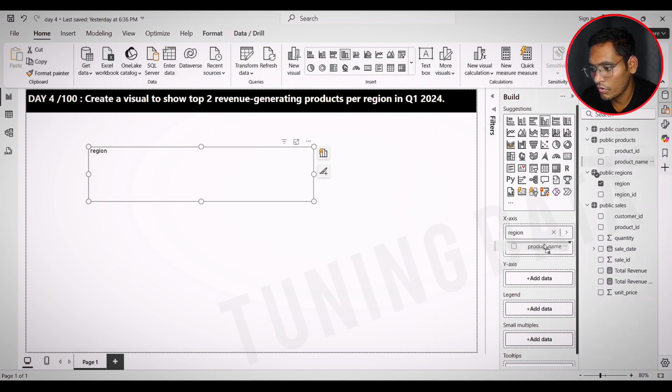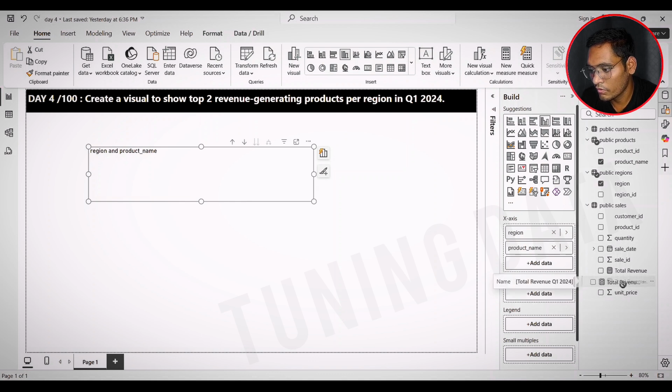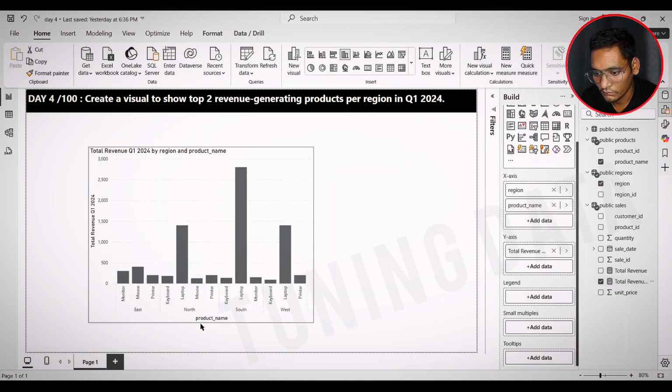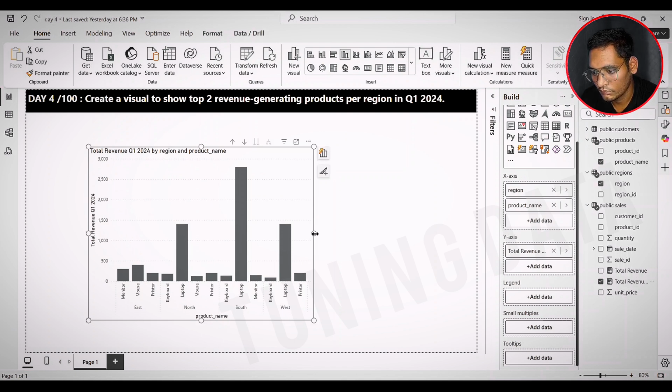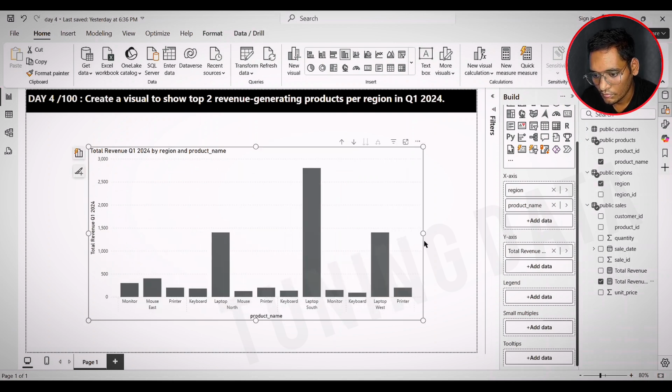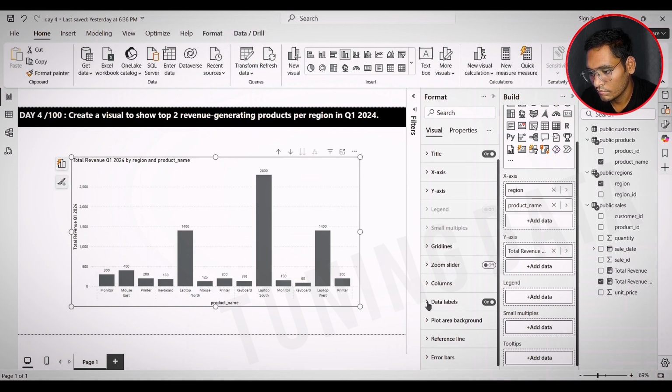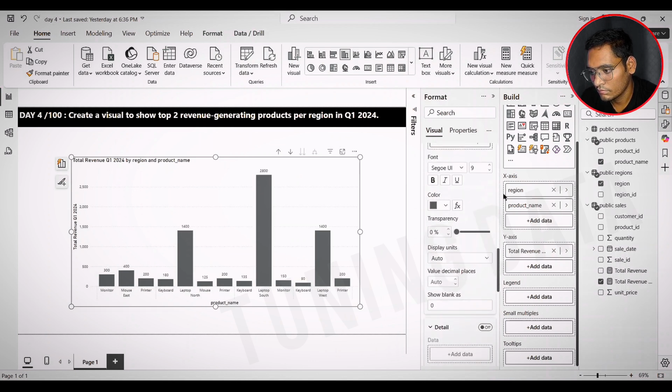Like we have to show all the products as per the region, and the total revenue for Q1 2024 on the y-axis. So now let me show you the data labels here. Let me increase the font size.